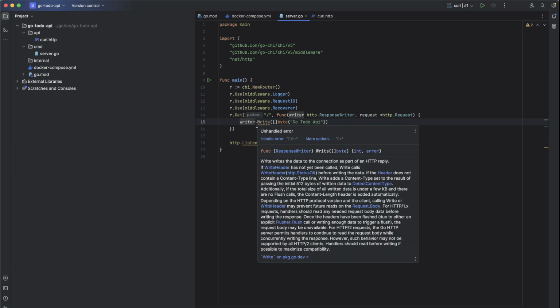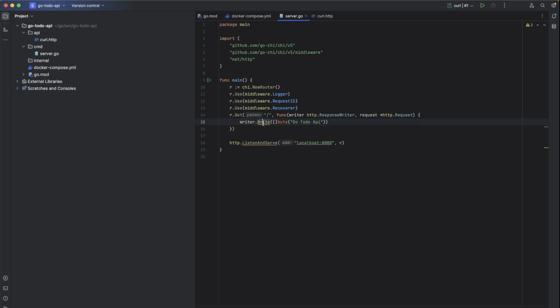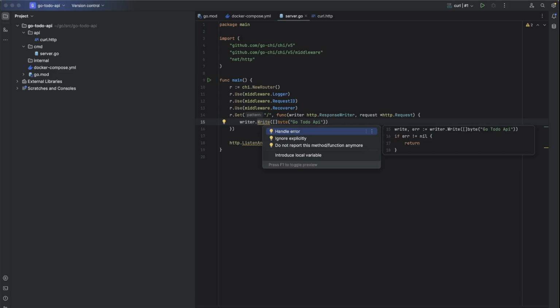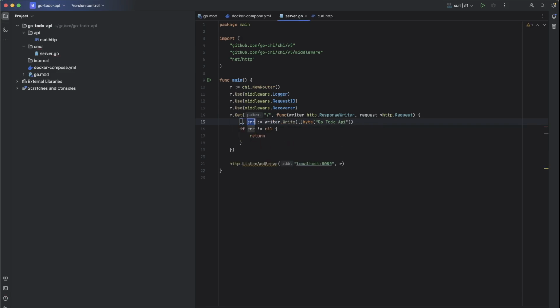As you see in here, our IDE is giving a complaint that this method has unhandled error. So in order to remove the complaint, we will put the error handling. We will ignore the writer response, and we will just return an error, http.Error from the writer, and giving the message internal server error from the request.